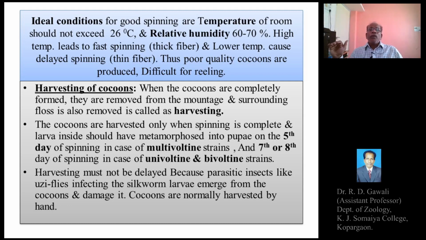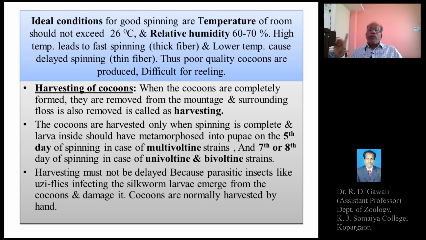during which the spinning activity is good or ideal, meaning the substance of the silk which is secreted or released through the spinneret will have a uniform source. So the silk thread formed will have uniform thickness throughout its length, and this is because of the presence of optimum temperature and humidity in the rearing house during spinning activities.